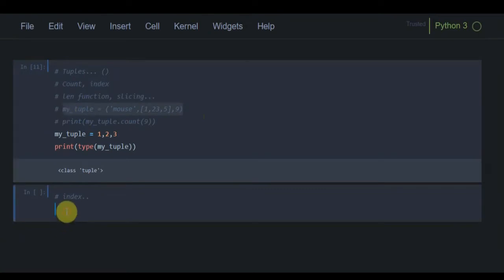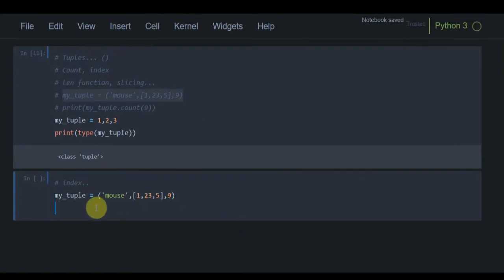I am taking the same tuple here. There are many different strategies of indexing we can apply here. We can also apply negative indexing and nested indexing.